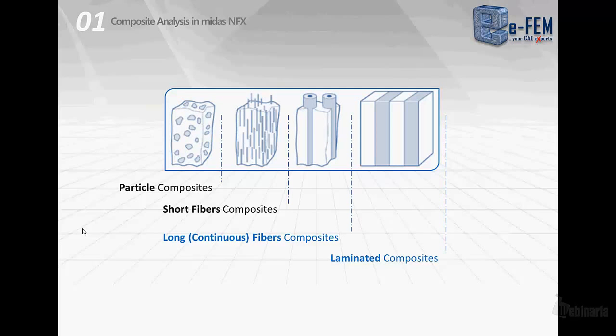In this case, the example is those of laminate materials in which long fibers are disposed to form the lamina, and the single fibers are bundled together thanks to the resin. Then we have the laminated composite. Laminated composite that can be made of single laminas of long fiber composites or also of laminas of homogeneous materials.